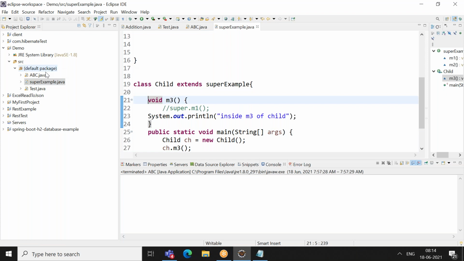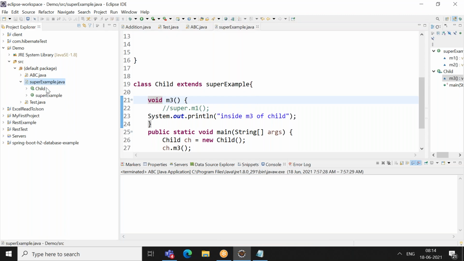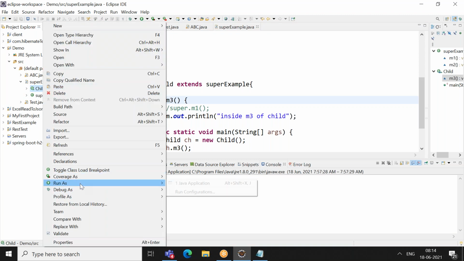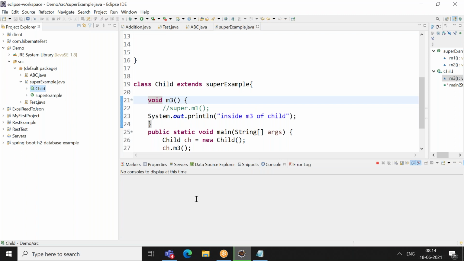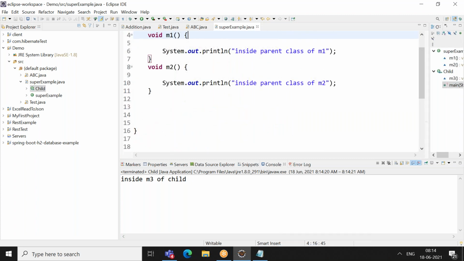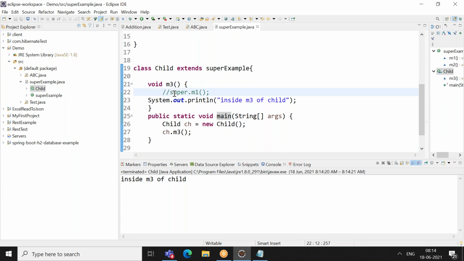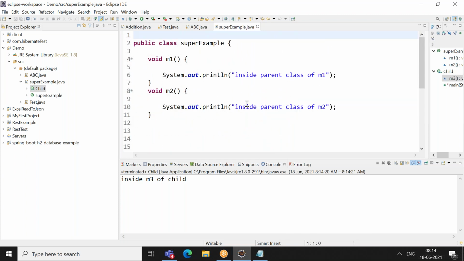So okay, I cannot get this. Why? Because I should be running a main method. So it is only inside m3 because we are calling the m3 method, right? But I want to execute even the m1 method or m2 method, which is in my parent. Because you are creating a child object and calling the m3 method, it executes only this. If I want to call even the parent class execution, then I'll write super.m1, which will call even the parent class method. And super should be your first keyword in your code.